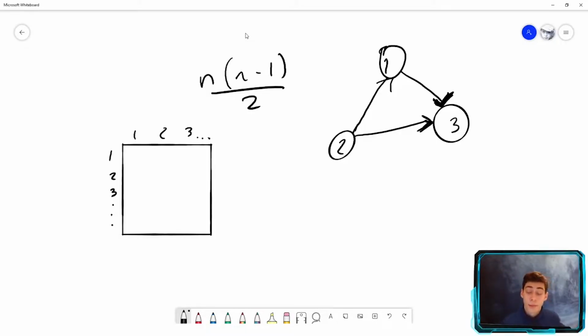so you can't actually do it in polynomial time, but this is different because the type of graph is fixed. I think it's what's called a tournament graph, which is a complete graph, so every edge is there, but then every edge is directed. So this isn't actually too hard,